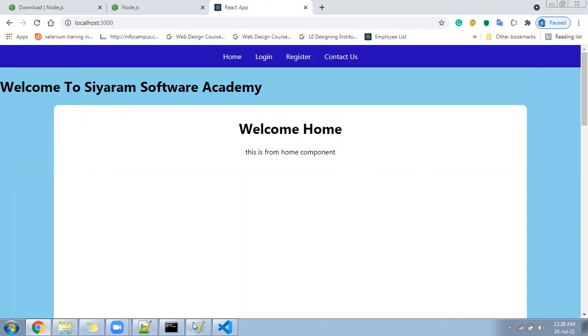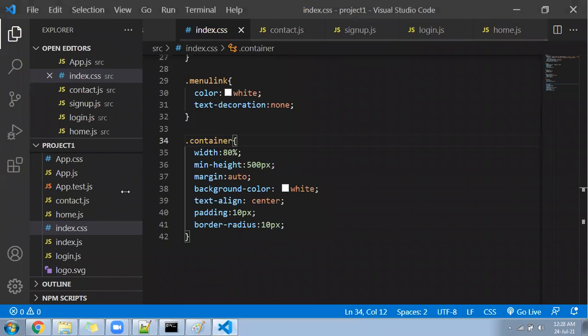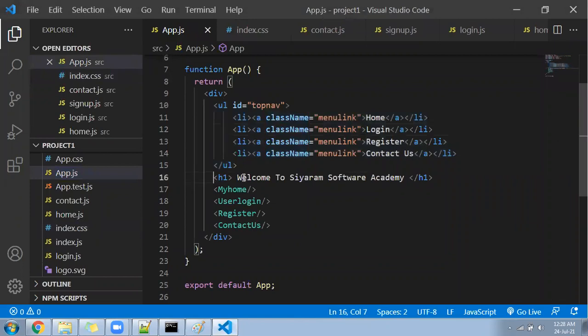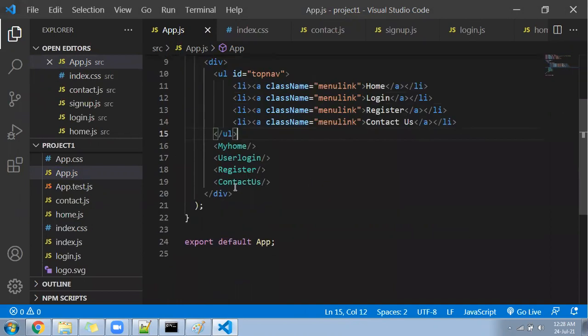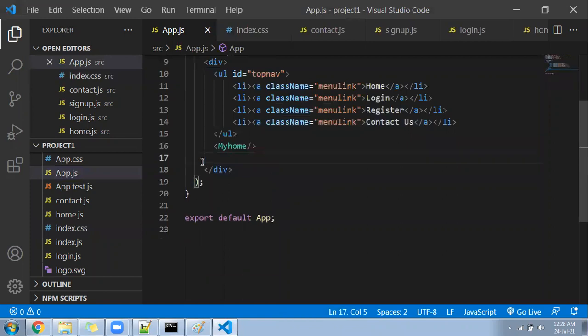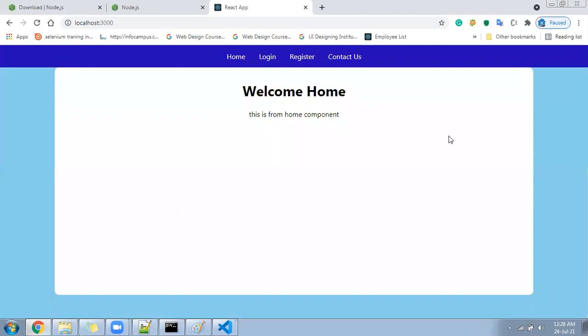Okay, maybe any one component. See, in the app.js file, you can see we are displaying all the components. Because of that, all are saying welcome home, something, right? Look here, we removed that. Now any one has to be called. Suppose I cut all and one I have given is call home, right? If I run this file, only one, you can see it is showing here welcome home.